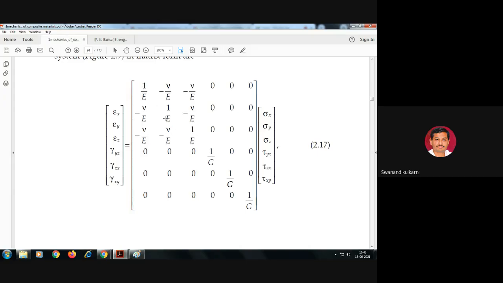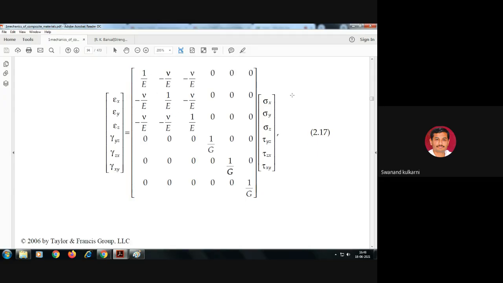The same thing is carried out with 2.17, where the strain is multiplied by a unit matrix, and the operations are performed on this matrix in order to form the relationship between stress and strain, because it is a relation between strain and stress. By converting this matrix into a unit matrix and multiplying by the strain matrix and performing the steps,